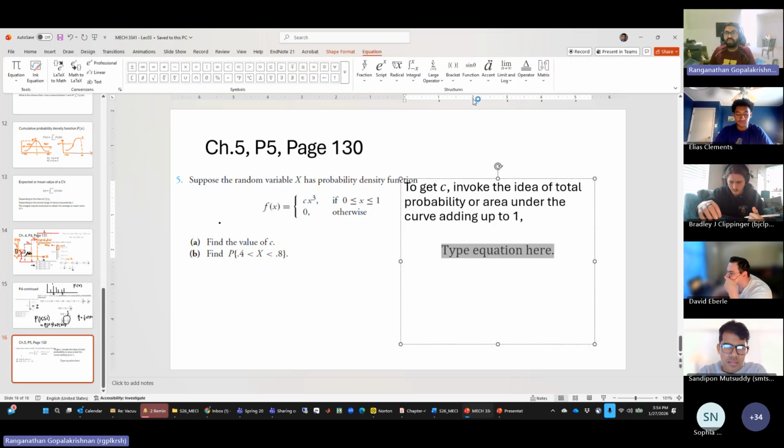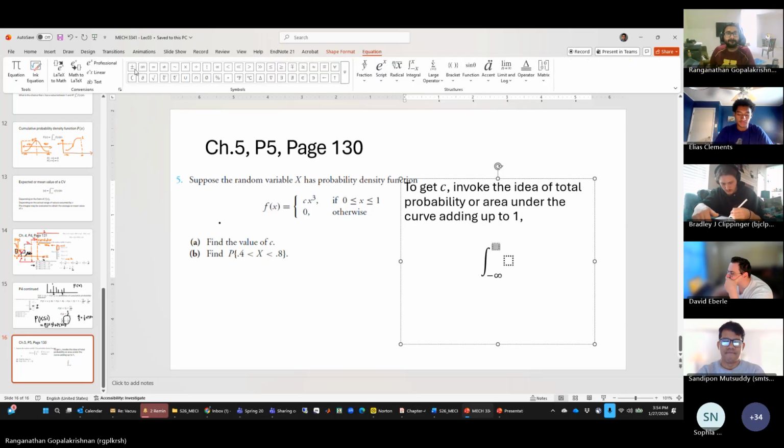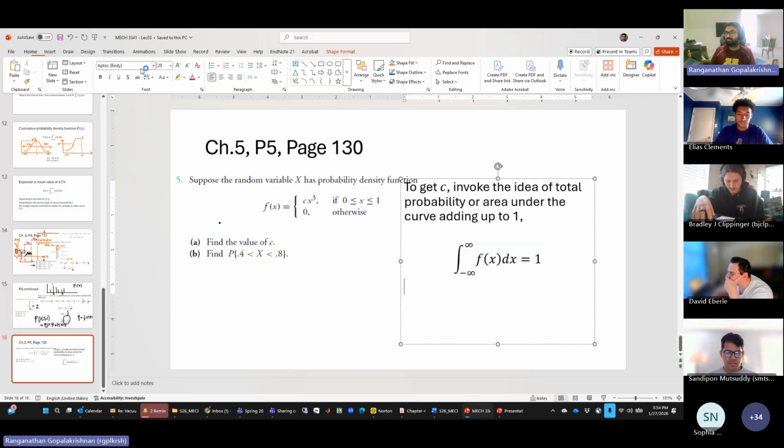That would be the integral from minus infinity to infinity of f of x dx equal to 1. Right? That's the property. And if you were to write it for this particular situation,